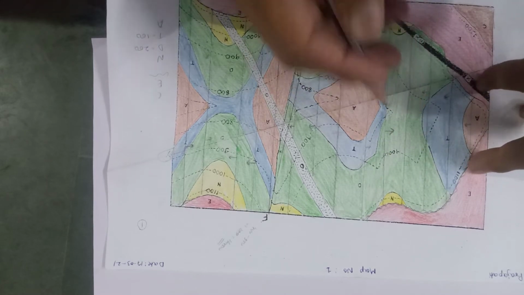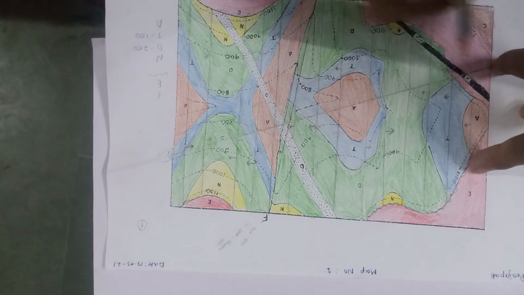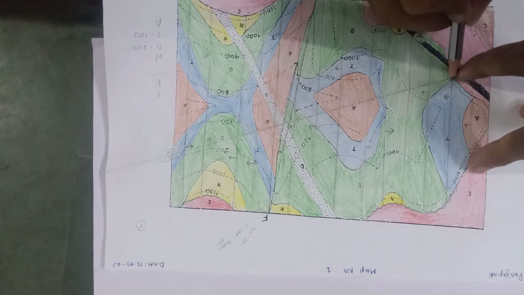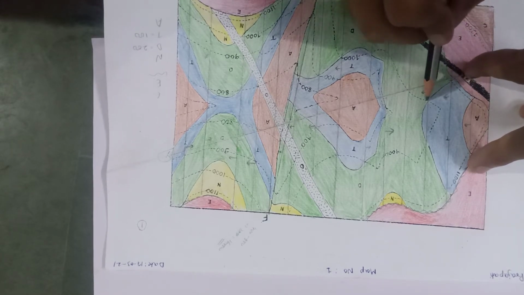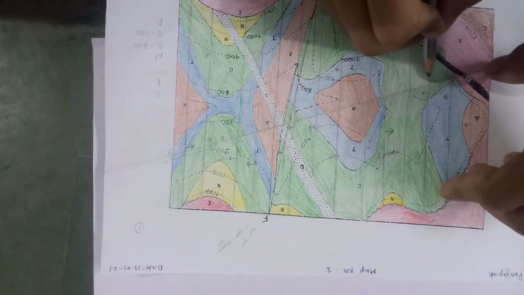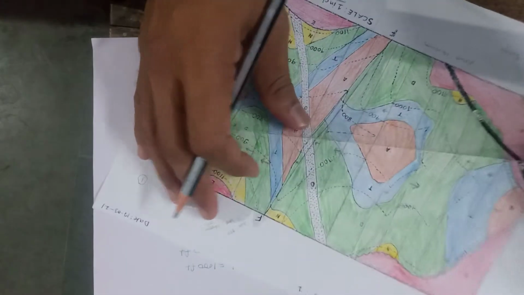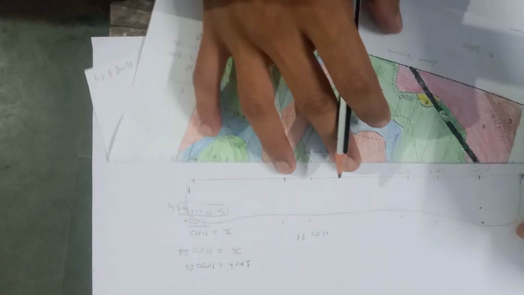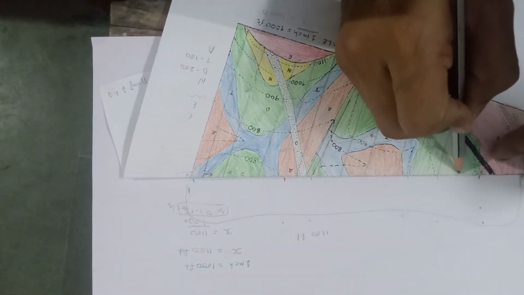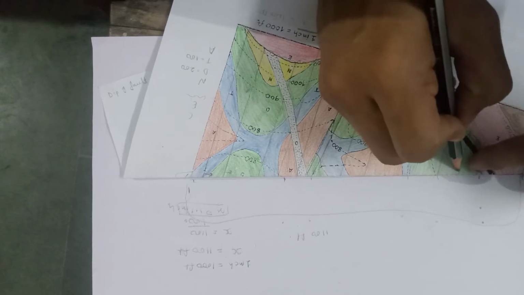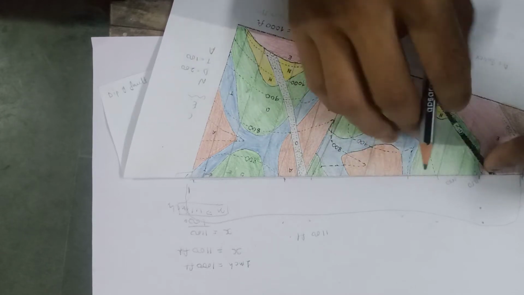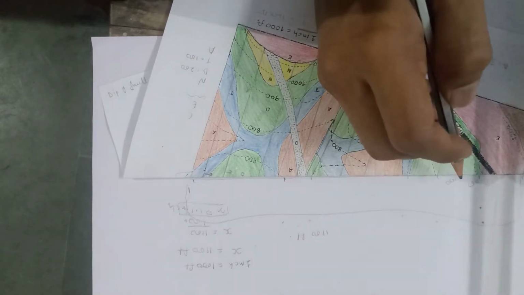So what we have to do next, suppose take this strike line and this strike line. This strike line value is 1100 and this strike line value is 1000. Now just mark this and this, remember this and this, and put it this way. Now you have selected this strike line and this strike line, this showing a value of 1000 and this is showing 1100. Okay, now take a scale